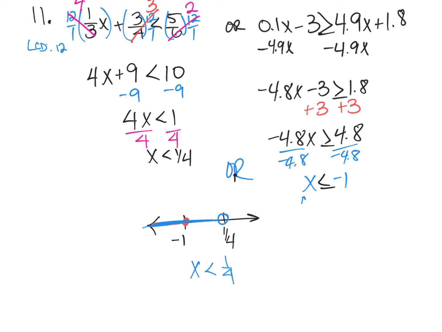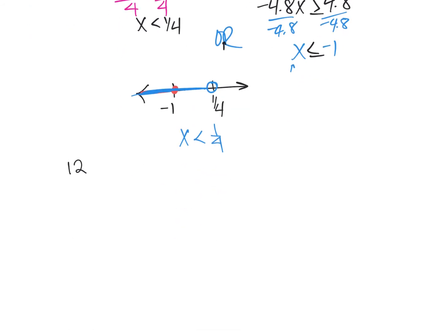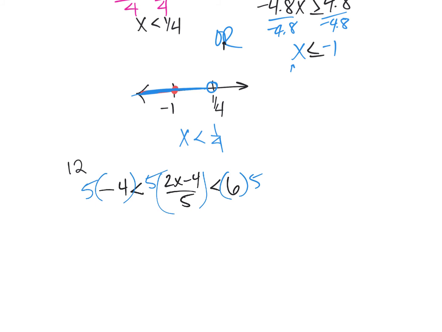Okay, and number 12, right? Did we ask for 12? Yeah. Okay. Negative 4 less than 2x minus 4 over 5 less than 6. So this one, it's kind of like fraction buster. I only have one denominator, so I'm going to multiply everything by 5 to get rid of the denominator. Now in the middle, I'm not going to distribute the 5 and then divide by 5. I'm just going to cancel the 5 with the 5. If I multiply by 5 and then divide by 5, I get what I started with, right? So I end up with 2x minus 4